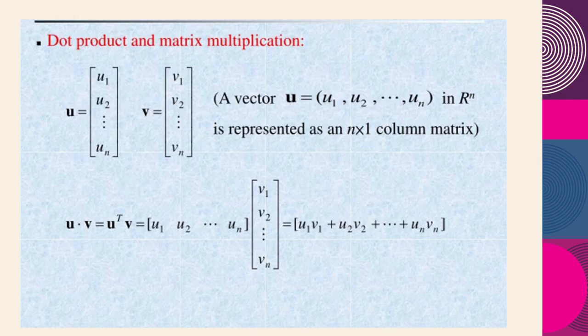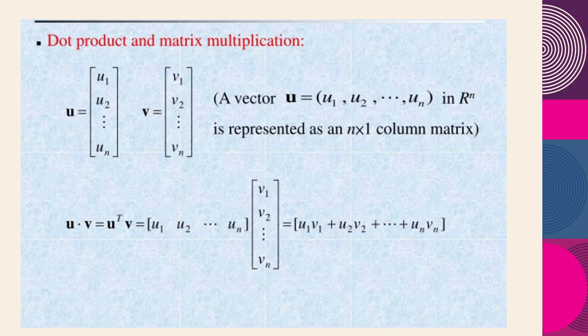We can also write the dot product using matrix multiplication. If we write vector u as a column of numbers and vector v also as a column of numbers, then the product of u times v is the same as taking the transpose of u, turning it into a row, and multiplying it by v as a matrix. Multiplying a 1 by n row matrix by an n by 1 column matrix gives us exactly the same answer as the dot product.